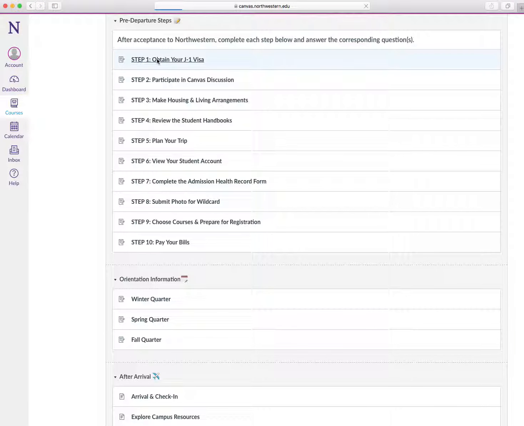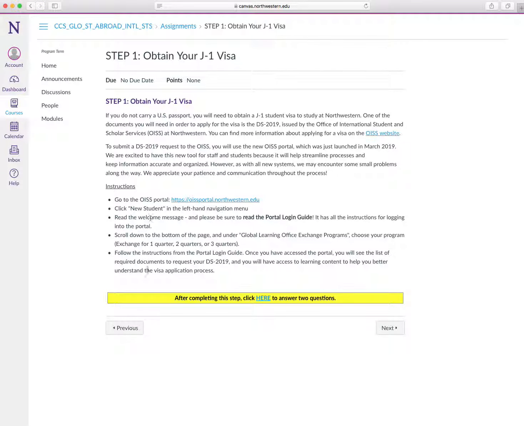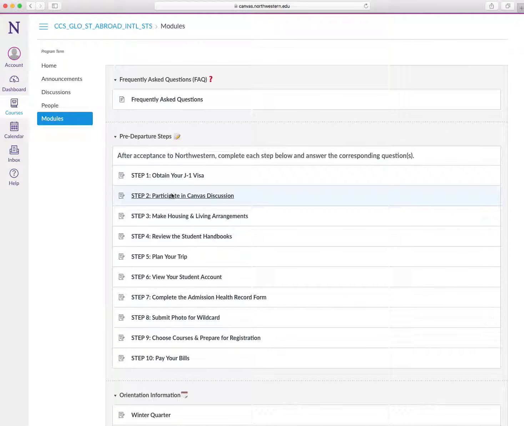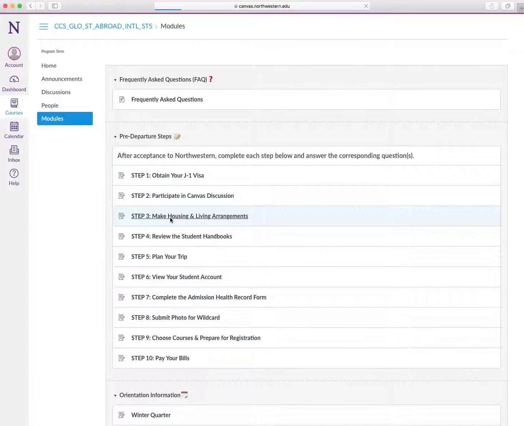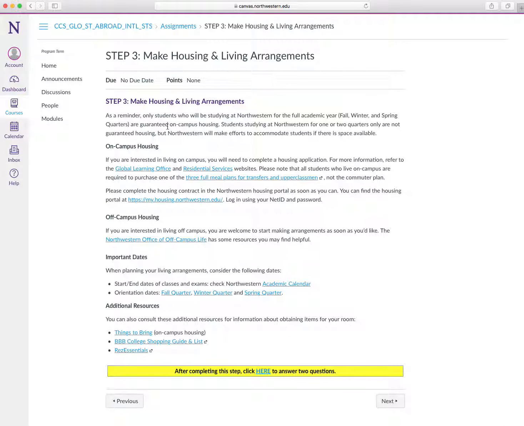Now, if you click on a step, it takes you to a page that gives you information about how to complete that step. So how to obtain your J1 visa and how to request your DS 2019, how to participate in a Canvas discussion, the steps that you need to take in order to make housing and living arrangements, whether you want to live on campus or off campus,